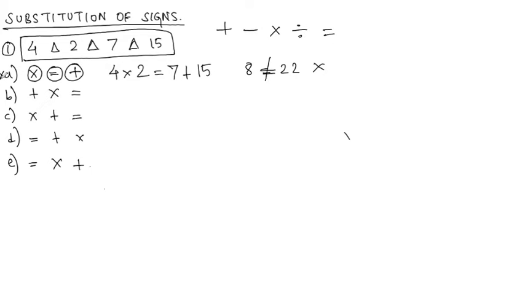Now next, same procedure you should follow. Okay, so second option 4 triangle ide. So ee triangle place alli which sign should I give? First triangle. Plus. So it is plus. First sign plus. Next I should write 2. One more triangle. So e triangle place alli which sign should I give? Into. Into 7. Again one more triangle. So what should I give here? Is equal to. Is equal to 15. So same thing. Before is equal to, after is equal to. Find out the answer and check if it's adu equal idya alva. You should check that. Okay. So first we'll check this. What is 2 into 7?